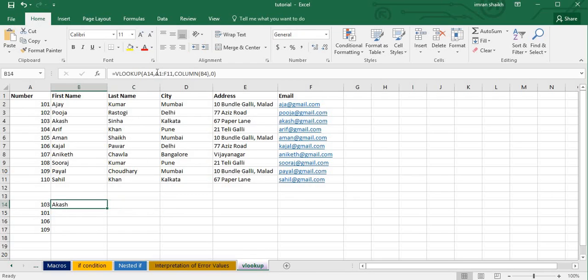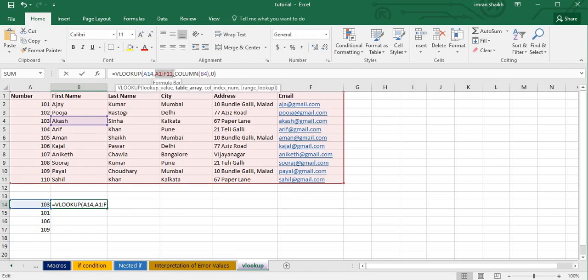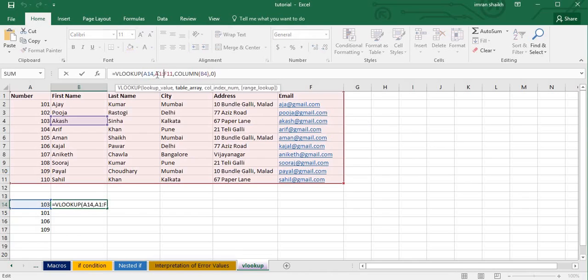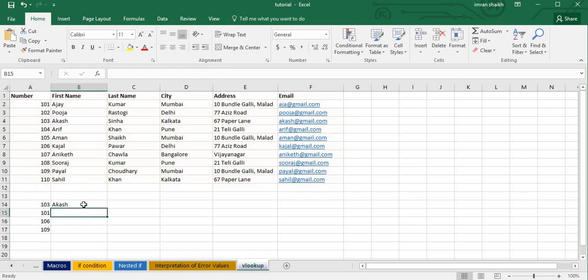First, let's freeze our database by pressing F4 from the keyboard. Press F4 and our database gets locked here. And now see, I have not locked this A14. I'll just drag it to the next column. You can see now it's showing me not available because here A14 value gets changed to B14, but I want